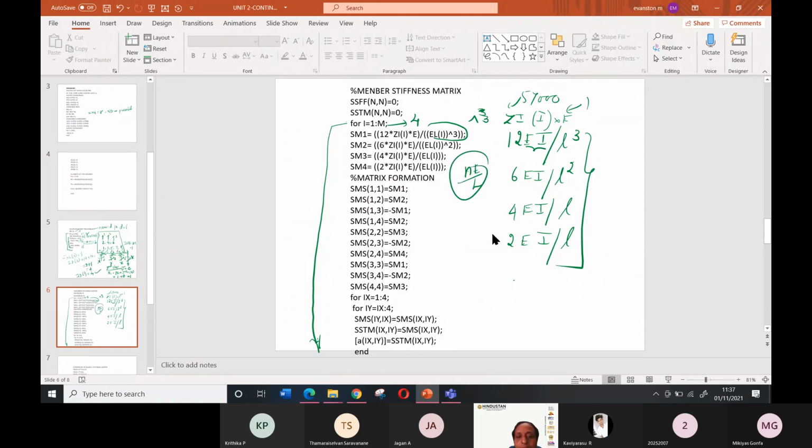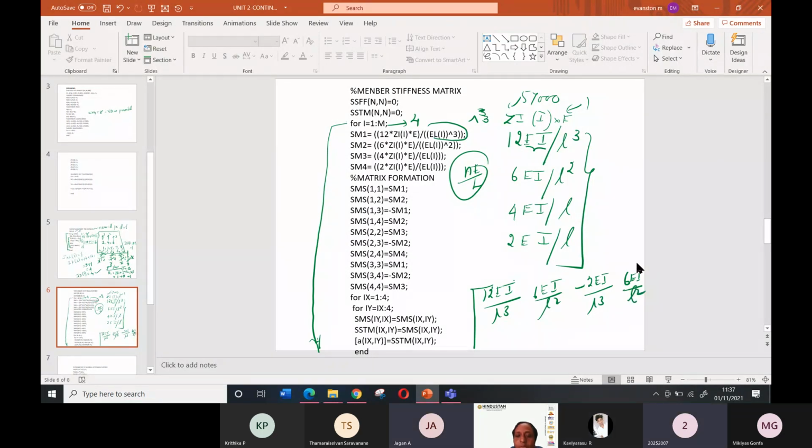So 5 terms are there, but here in the beam you will have only 4. So can you tell me the stiffness matrix? 12 EI by L cube, 6 EI by L square, minus 12 EI by L cube. Then the last value, can somebody tell me? 6 EI by L square, is it minus or plus? Plus.